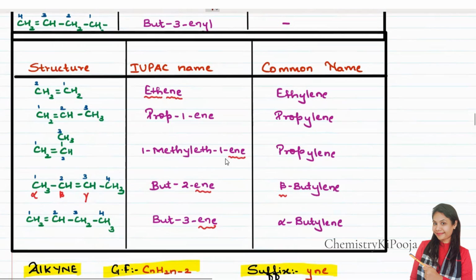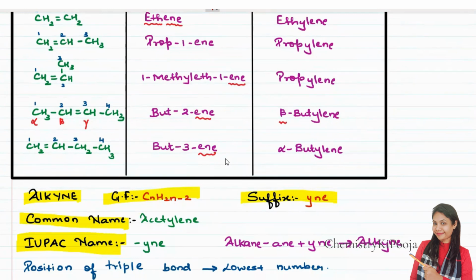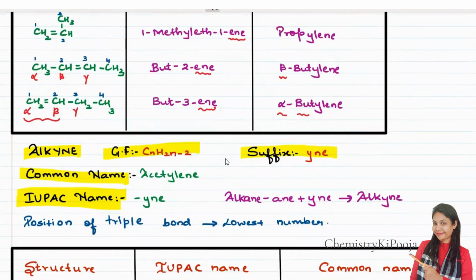In the same way, coming to the last structure, again I have alpha, beta, gamma. No need to write the further part; we are only interested till the double bond. The double bond is present between these two, so between alpha and beta, I'm going to consider alpha. So the common name will be alpha butylene. And now I'm damn sure that you know how to write the IUPAC name, right? So start writing now. Whatever I have explained till now, you can quickly note it down in your notebook. Now what